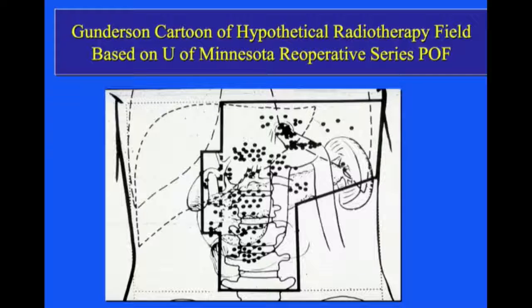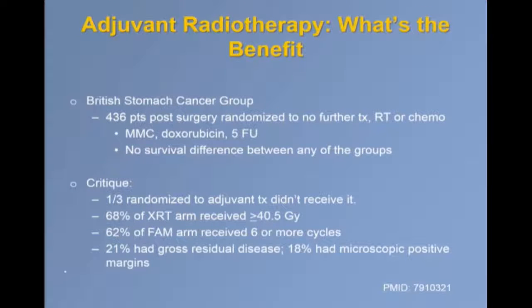That is, this is the area we're going to target with radiation because this is where we think these cancers are most likely to come back. So I'm not going to bore you with too much data, but I think it's important to know where our treatment recommendations come from. This was one of the first studies that came out of Britain that